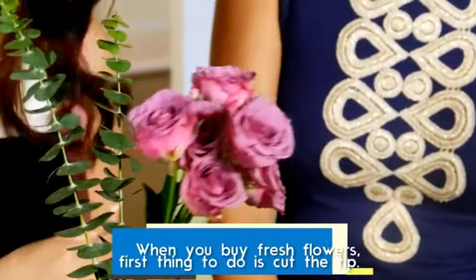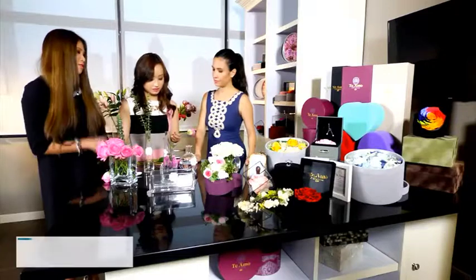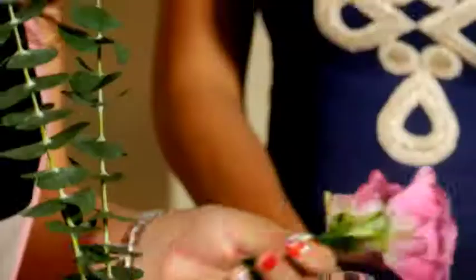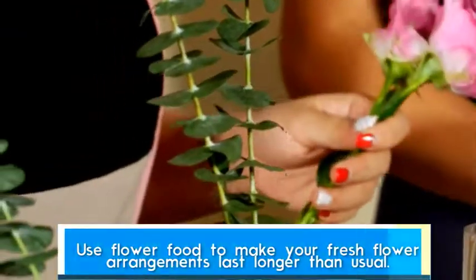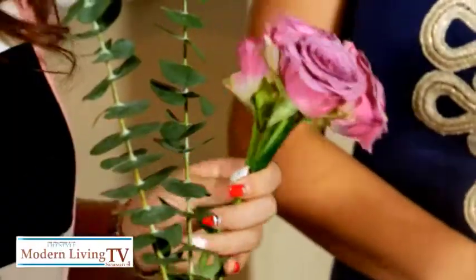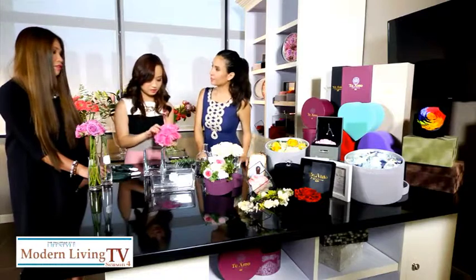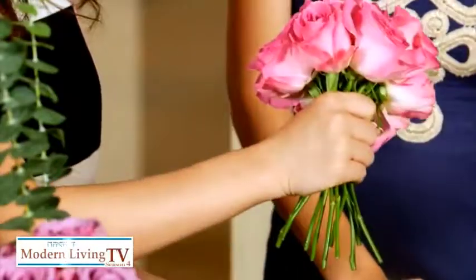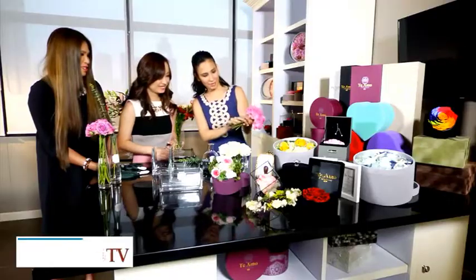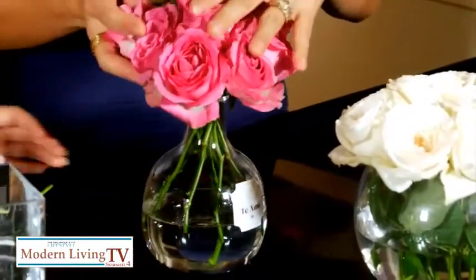After you buy it from the market, the first thing you should do is cut the tip of the flowers because flowers also go through stress. And you can cut the stem a little bit, so it's easier for them to absorb water. In our flower shop, we have flower food, so it'll make the flowers last much longer. Even in arranging bouquets, a good florist should be able to arrange the flowers in such a way that the bouquet is able to stand. So you would lay one on top of the other, and then you would just...